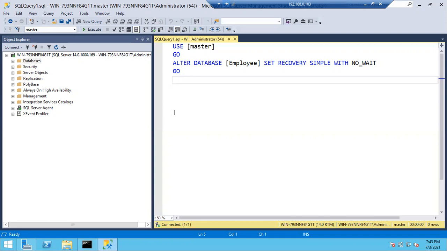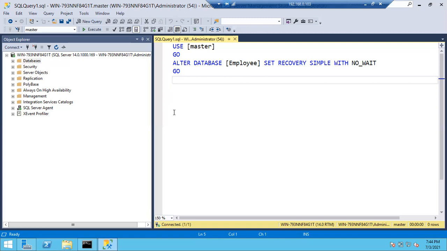Developers want to test their logic in the development servers, where we cannot allow them to test their coding in the production server, which may impact the business. So how can we give the real-time data to them? By taking the backup of the production database and restoring it into the non-prod environments like dev server, stage server, test servers, QA servers, UAT servers. In these environments we are going to restore the database. Restoring a database from prod to non-prod is called database refresh.